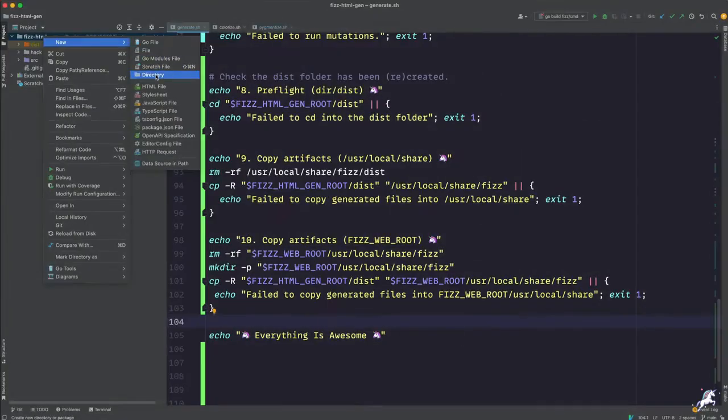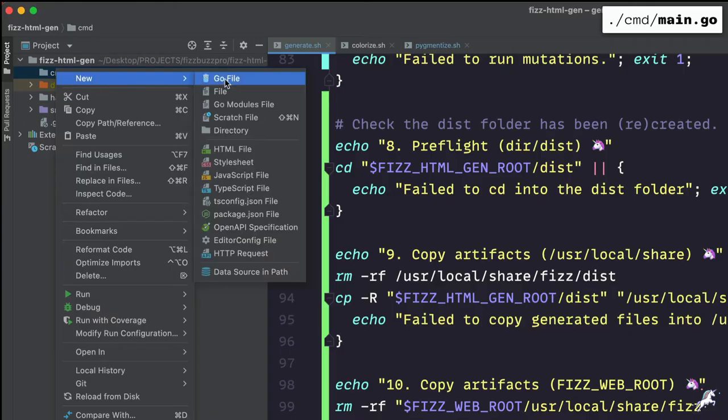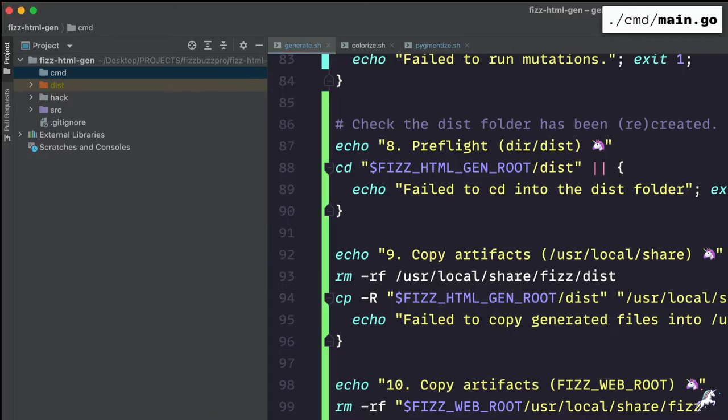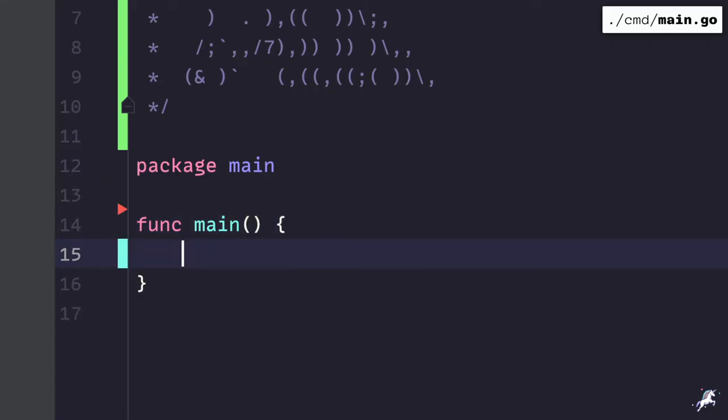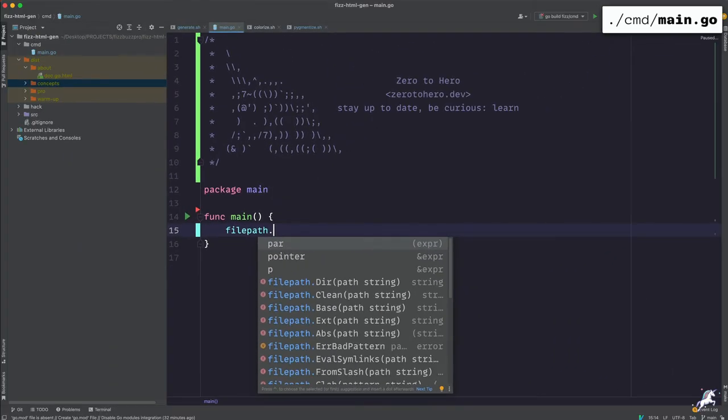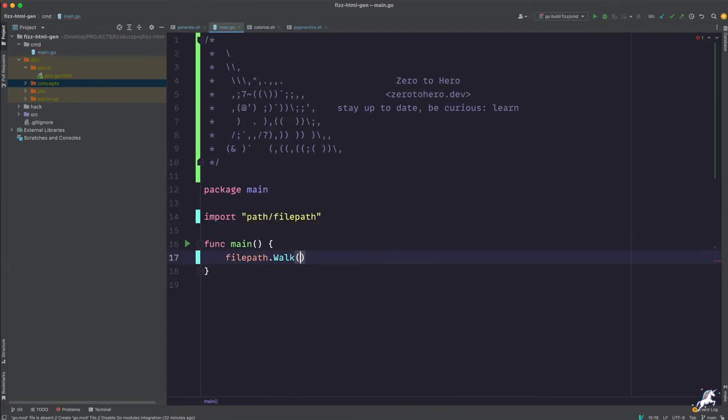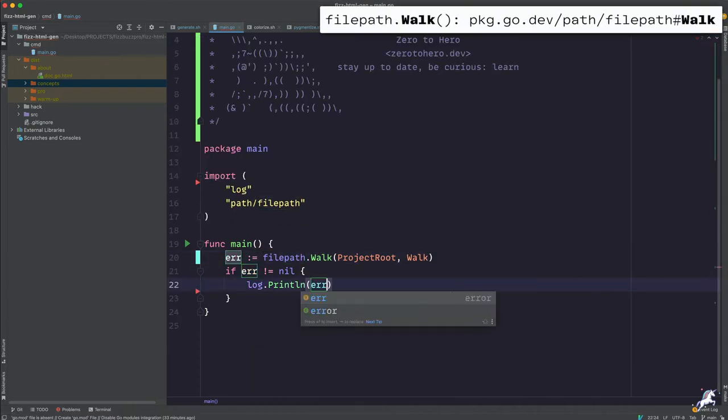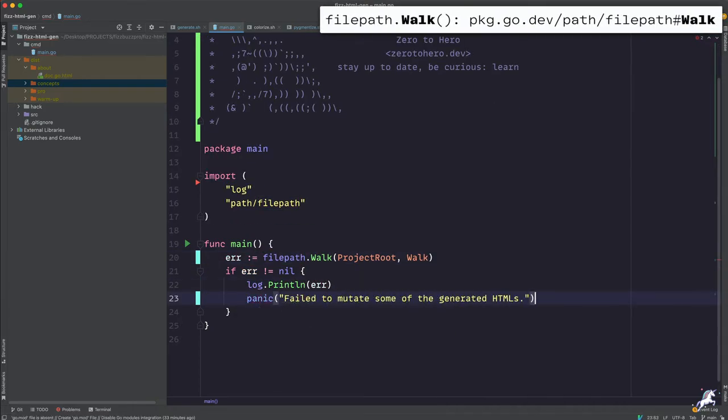So let's start writing this Go file. We'll create a cmd folder and add a main.go into it for starters. And since this is our main entry point, we'll have a main function here. Also, we'll have to name our package main to make it a runnable file. Our program will do a bunch of things, but in essence, it will do a directory traversal, and for that, the Go standard library already has a utility method called filepath.Walk, which takes a folder root and a walker function as its arguments. So I'll add some error checking here,